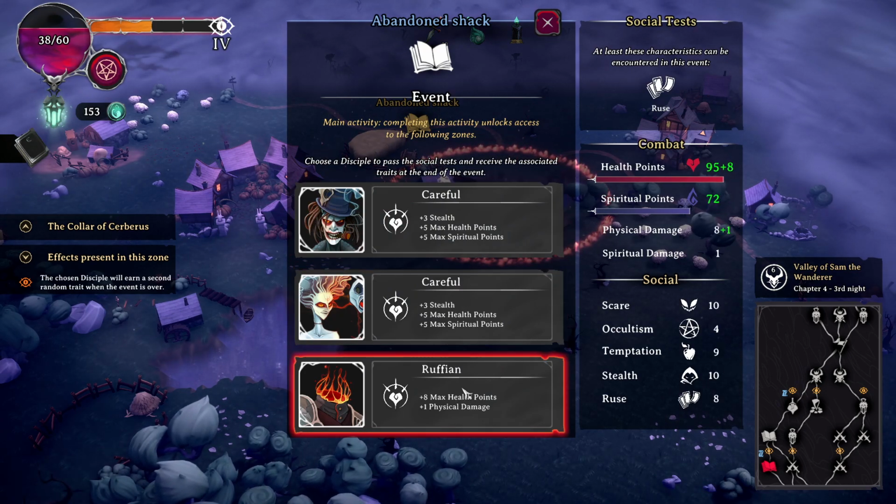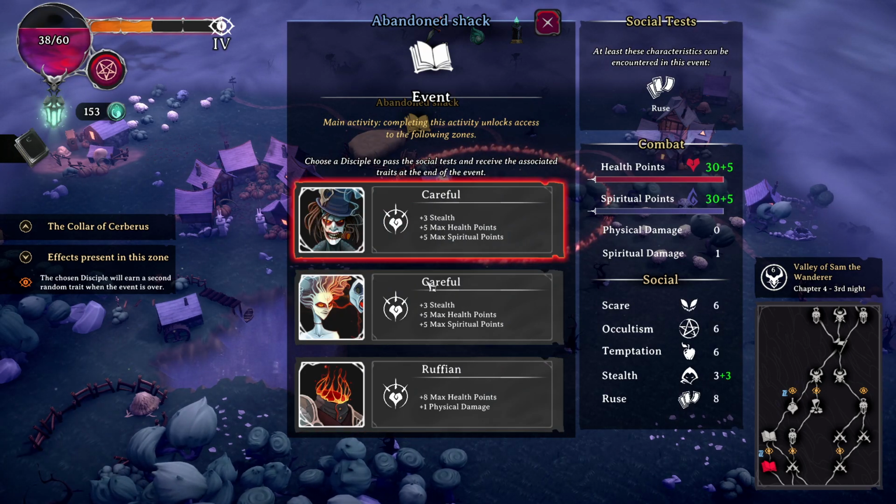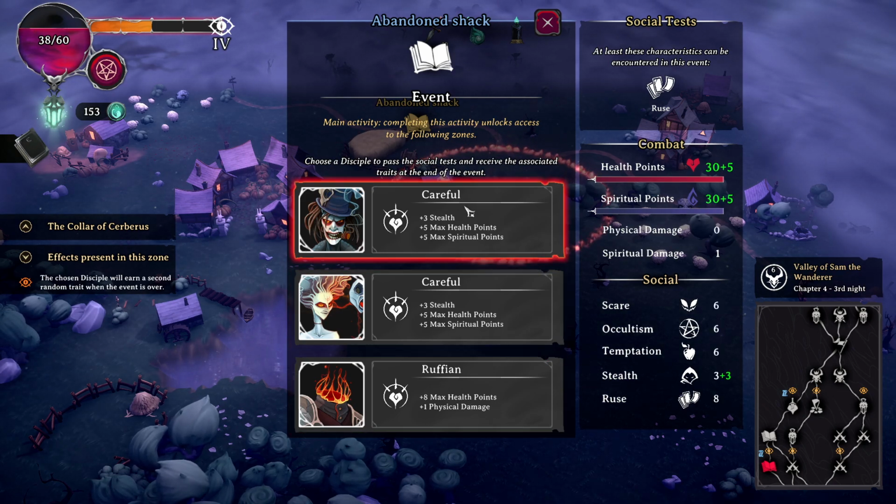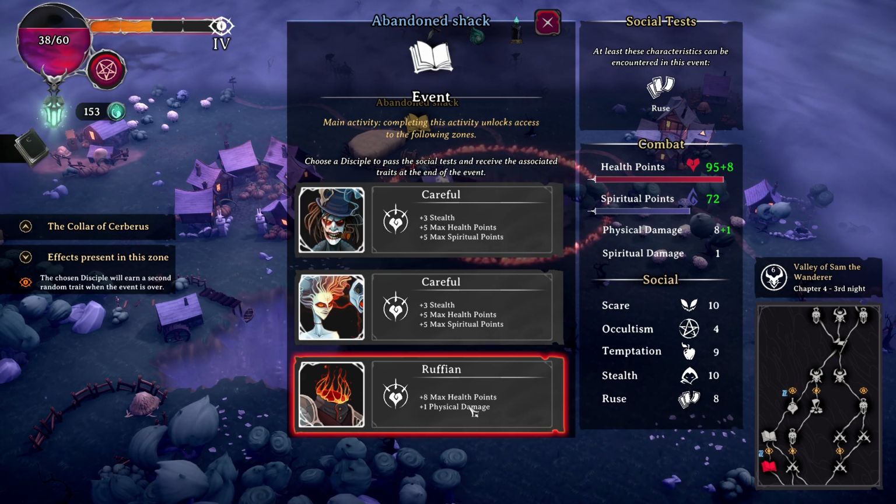HP. It's Ruse. Well, these two will get the same, but he's the tank. And also, he will get more stealth focus. My stealth mission assassin is